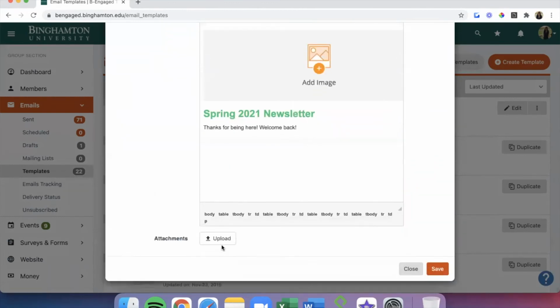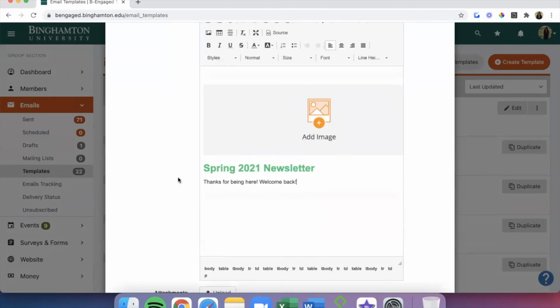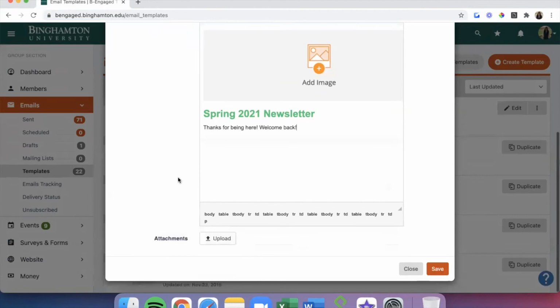At the very bottom, you can also upload any attachments needed as well. You'll be able to replace and update the images in your template when you go to send your email utilizing this template, which I'll show you how to do in a minute. Now that we've finished typing and editing one section, which is our whole newsletter, if you have more sections to edit, you can repeat these same steps for as many text sections that you have in your template. Once you've finished perfecting your newsletter template, just click the orange Save button at the bottom of the pop-up.